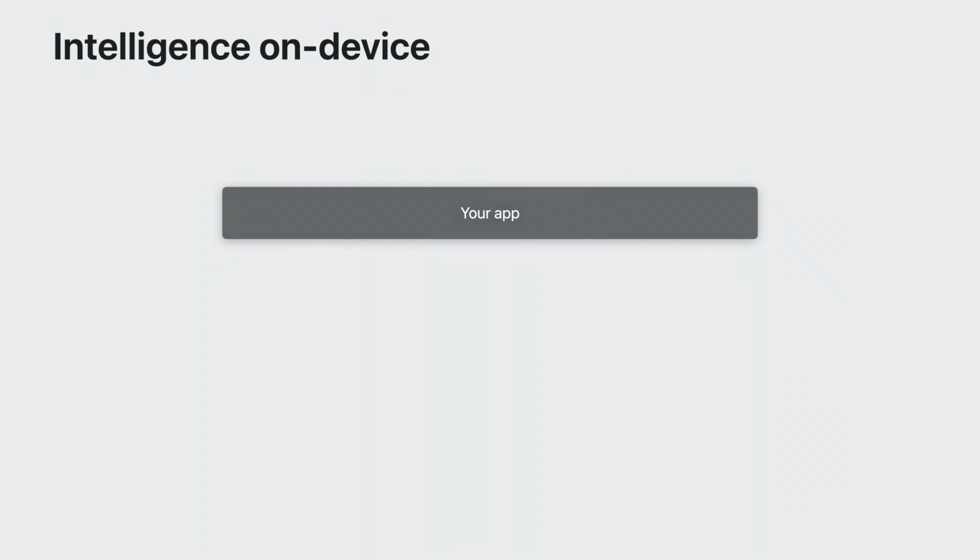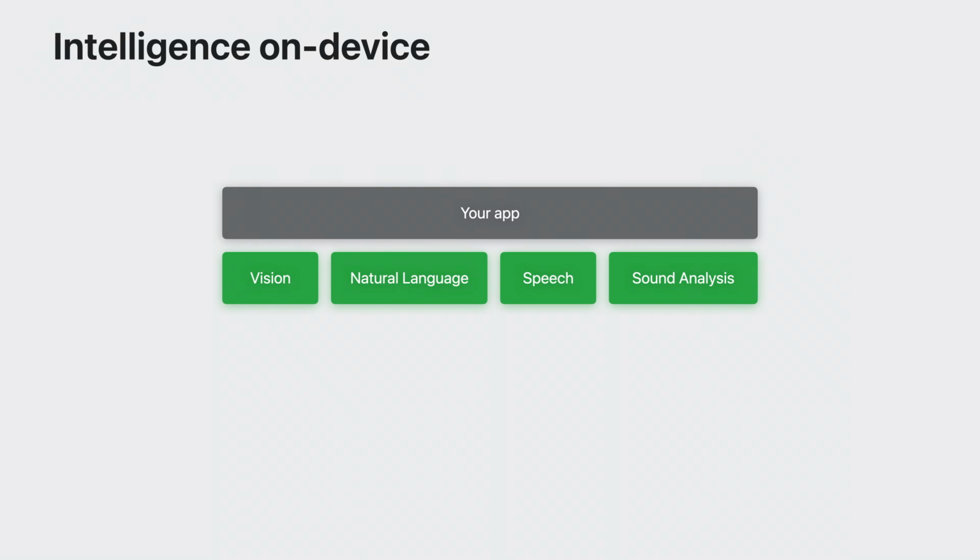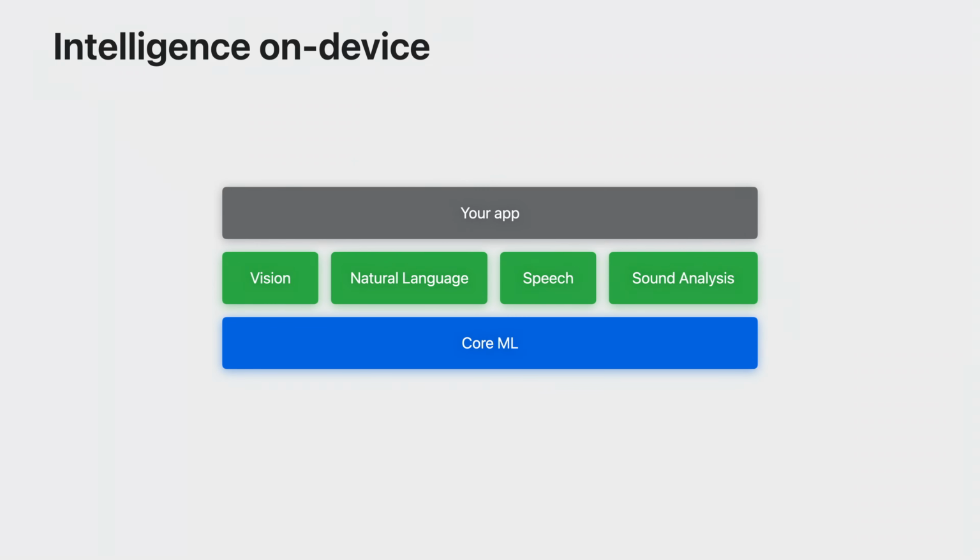Building intelligent experiences in your app has never been easier. The Xcode SDK provides a solid foundation for leveraging and deploying machine learning-powered features. A set of domain-specific frameworks give you access to built-in intelligence through simple APIs. The capabilities they provide are powered by models trained and optimized by Apple. These models are executed via CoreML. The CoreML framework provides the engine for running machine learning models on device. It allows you to easily deploy models customized for your app.